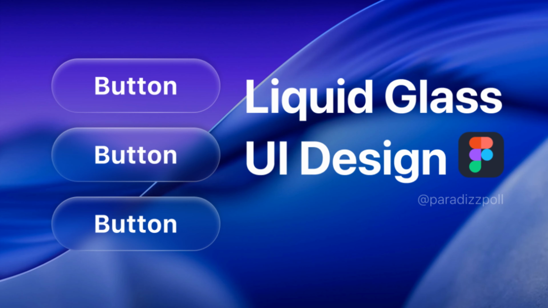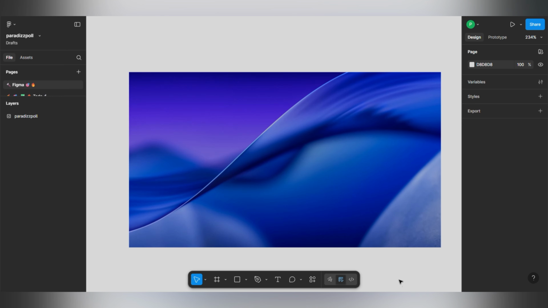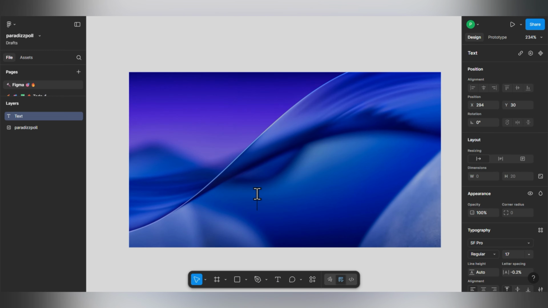Apple just released iOS 26 with the new Liquid Glass UI, and in this tutorial, I'll show you how to recreate it in Figma. So this is super simple, and I'm going to start by creating a button on an image by selecting the